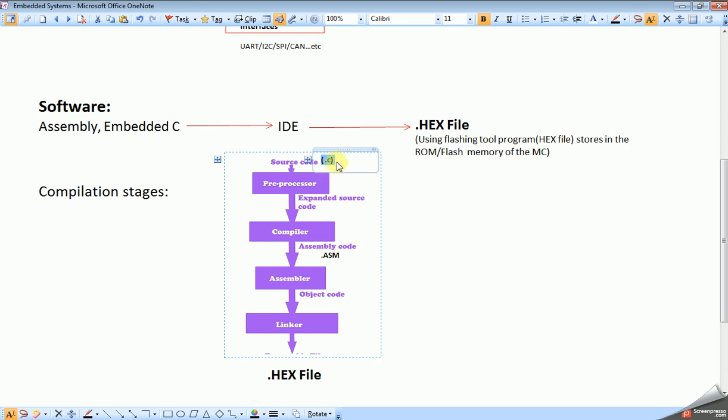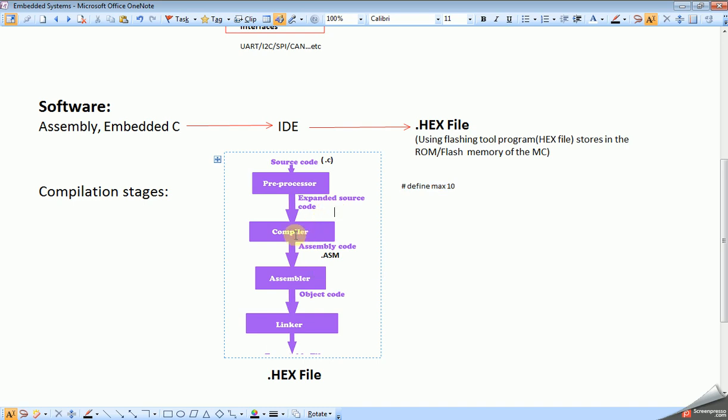That means if we give #define MAX 10, for example, wherever you use MAX, that will be replaced with 10. This is an example.